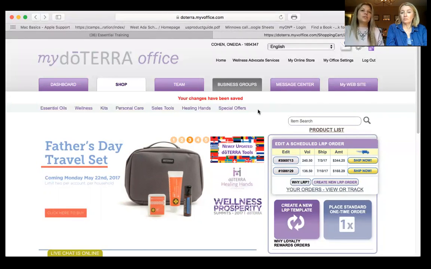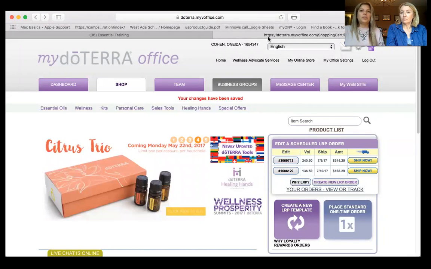So that's where you can start deleting from your order until they feel comfortable and they want to go ahead and process that. So I'm going to go ahead and stop the share. Yep. Because that's what we wanted to cover on section four for the LRP on your page 5.